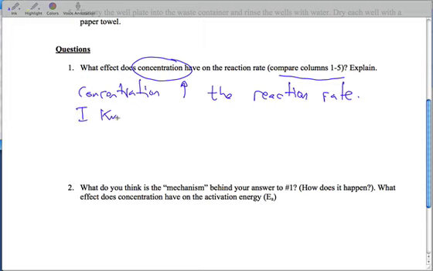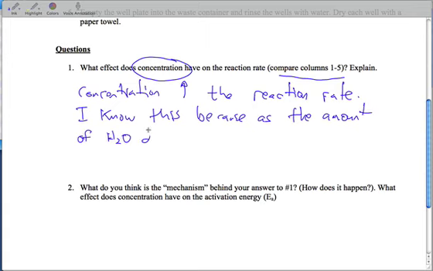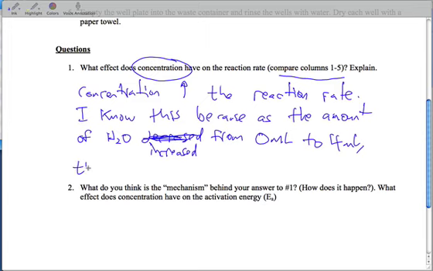I know this because as the amount of water increased from 0 milliliters to, I believe the last one was 4 milliliters, the reaction took